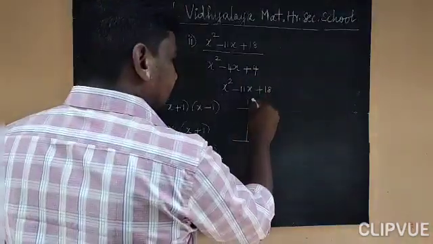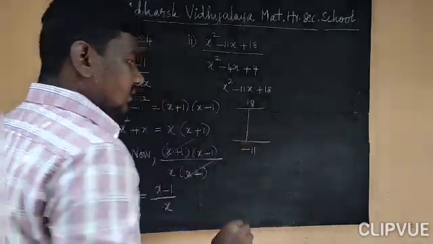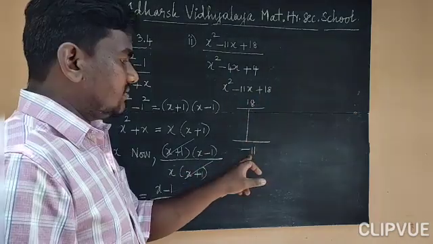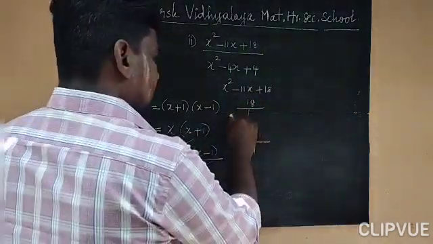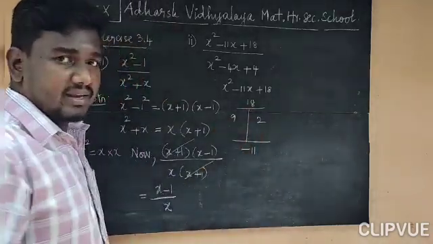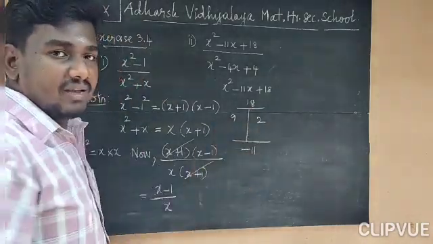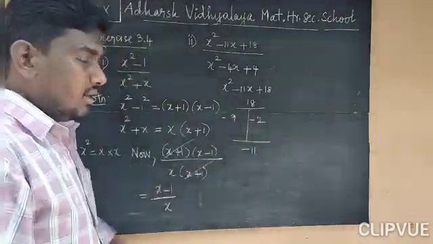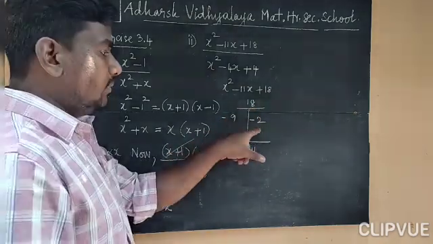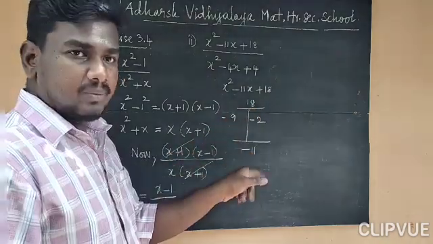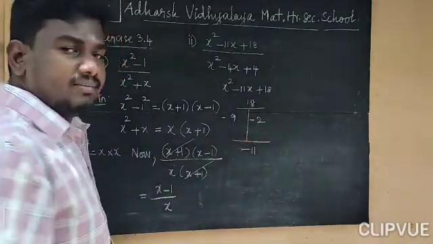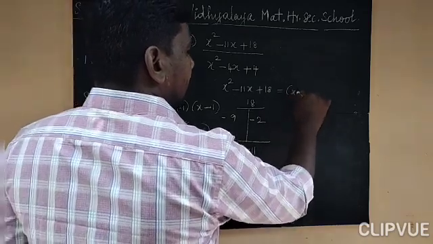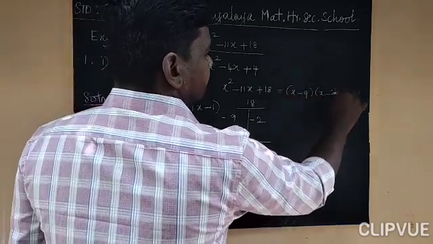So first write the 18 here, and write minus 11 here. Multiplying two numbers we should get 18, adding the two numbers we should get minus 11. What are the two numbers? So 9 and 2. 9 into 2 equals 18, you know that. 9 plus 2 is 11. So minus 11 is there, so both numbers have minus signs. Minus into minus is plus, and when adding, assign the minus sign and add both. So minus 9 and minus 2 are the factors. Now how do we write this in factor form? x minus 9 into x minus 2.